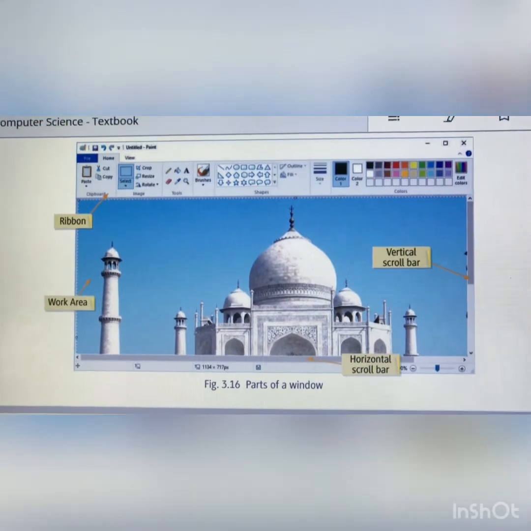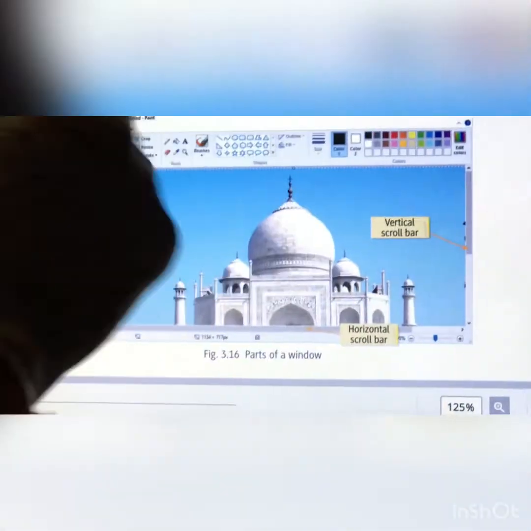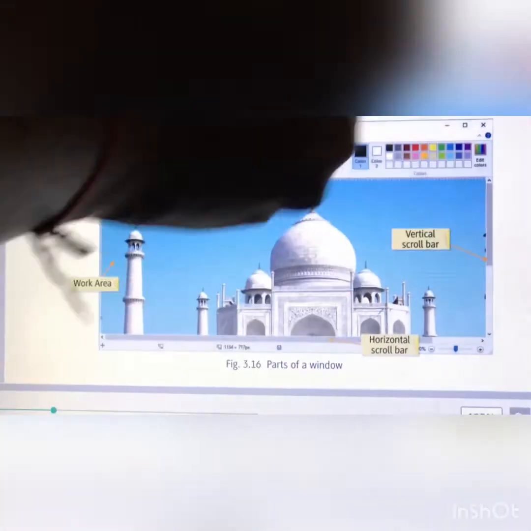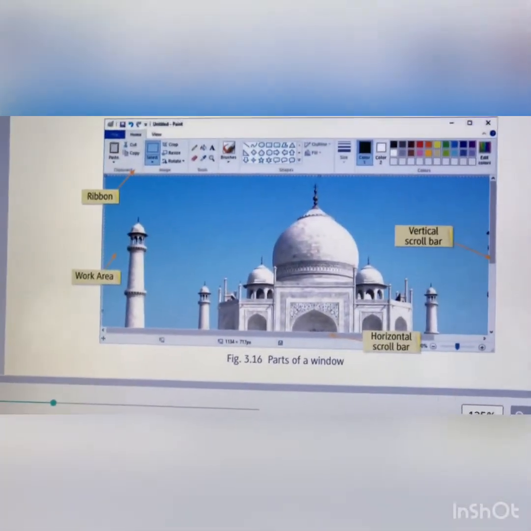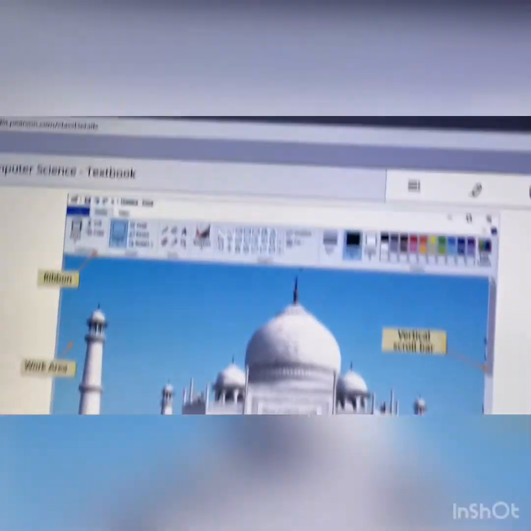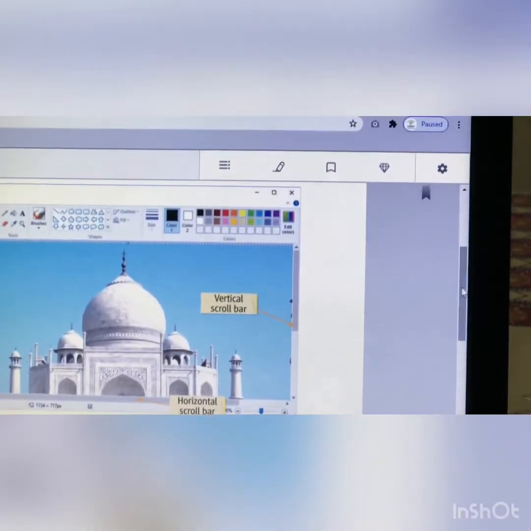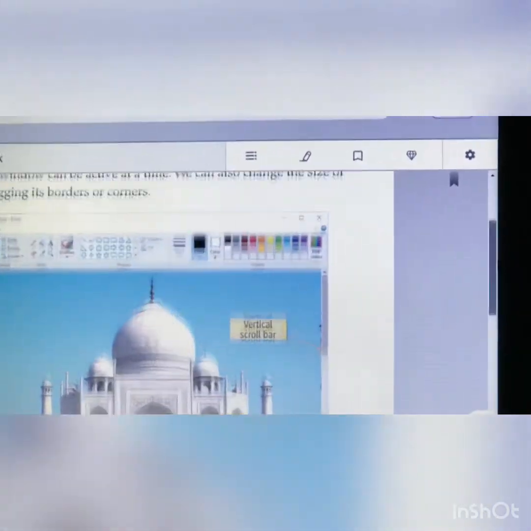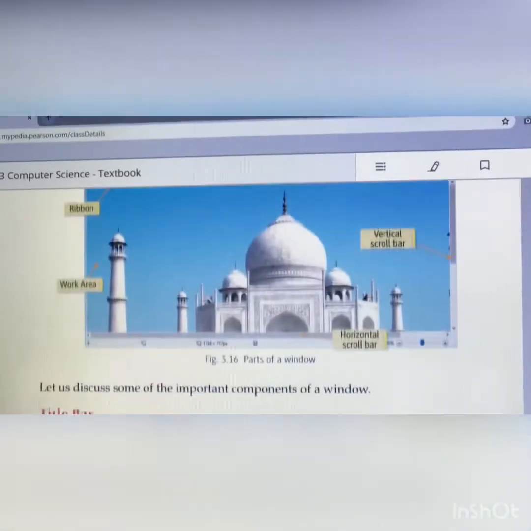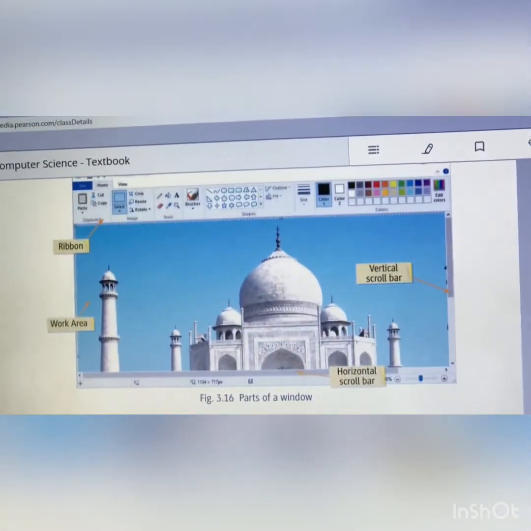Then after, the work area is where we do the computer work, where we paint in the Paint program. Then the scroll bar. For example, you can see on my computer also, this kind of line I use to move the file up and down. This is called the scroll bar.